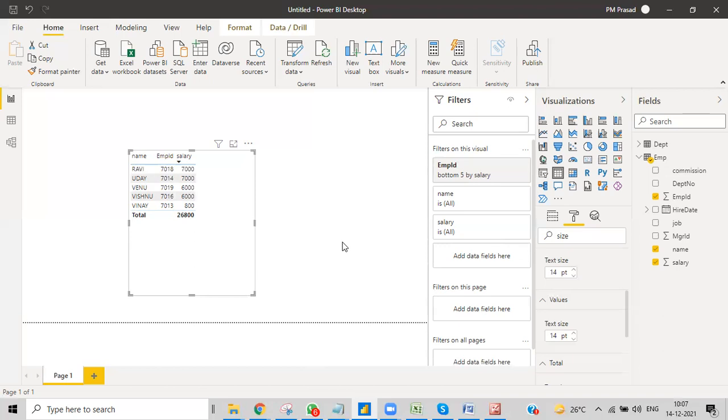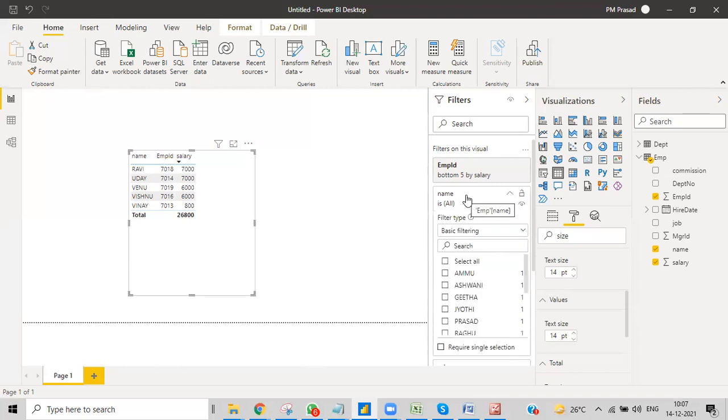Okay. So right now, it's a text kind of field.